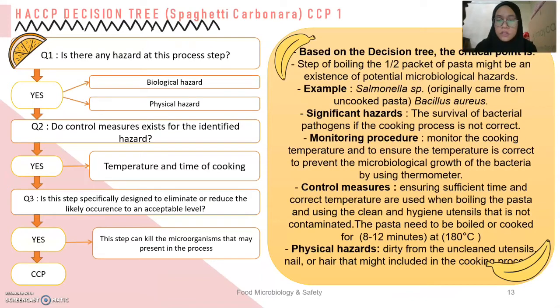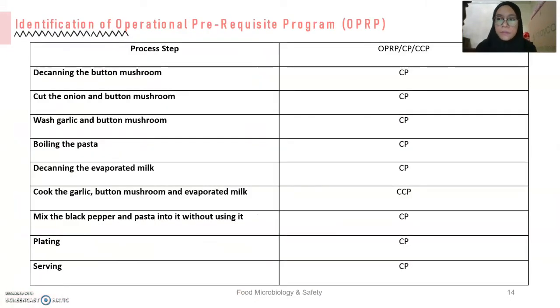The HACCP decision tree shows that the potential microbiological hazard is Salmonella from the uncooked pasta, and the physical hazard usually comes from unclean utensils, nails or hair that might be included in the cooking process. The OPRP table of spaghetti carbonara shows that there is only CCP and there is no